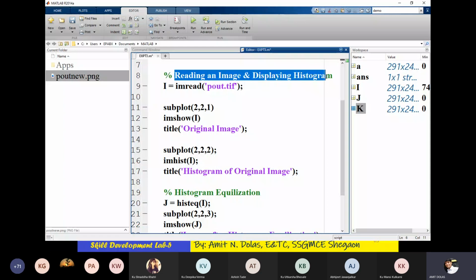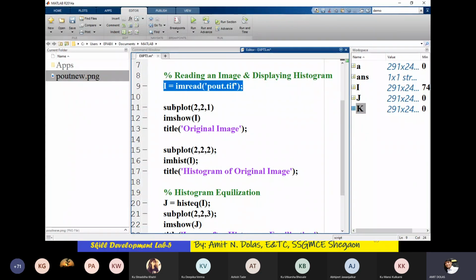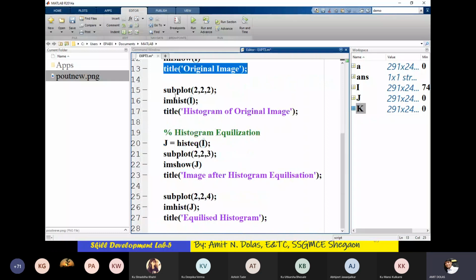Reading an image and displaying its histogram. imread is the command for reading the image. Then instead of using figure, I use subplot. You know what subplot is, because in SDL3 you already used it. Then imshow will show this image pout.tif. Then title: original image. Then in subplot 2 we will plot the histogram of that.